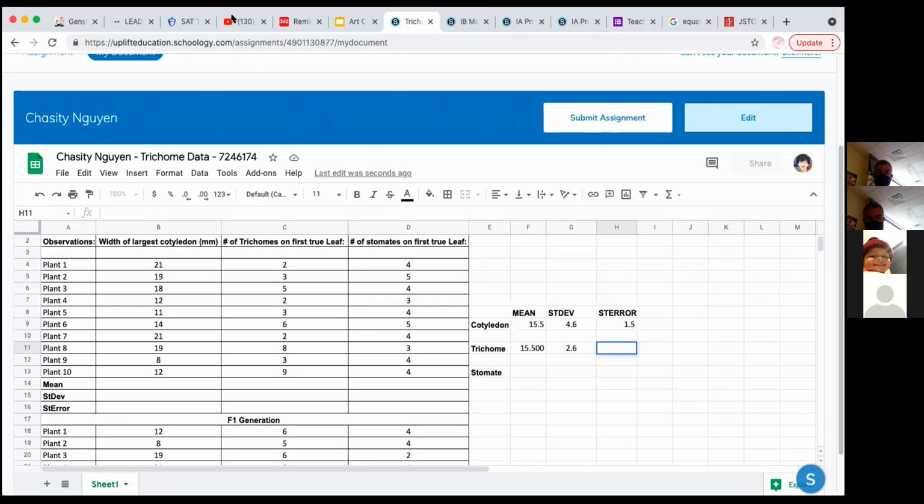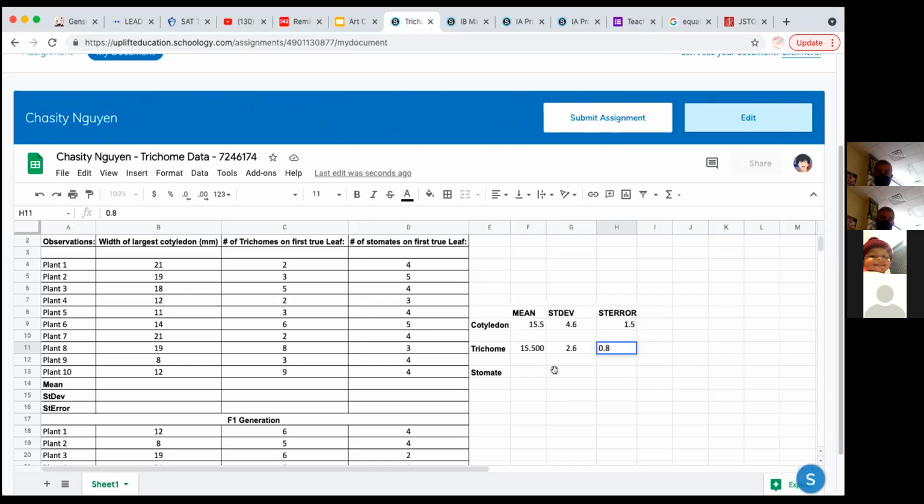That's it. It's not 0.08, what's your decimal place? 2.6 divided by 3.16, there you go. Now you got it.